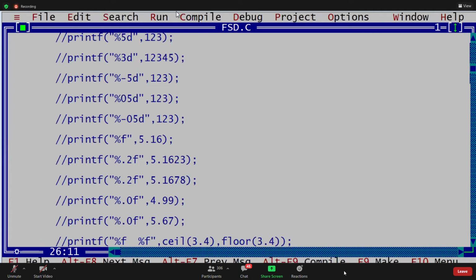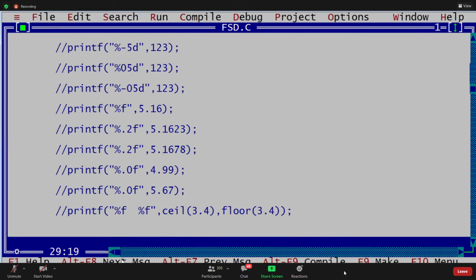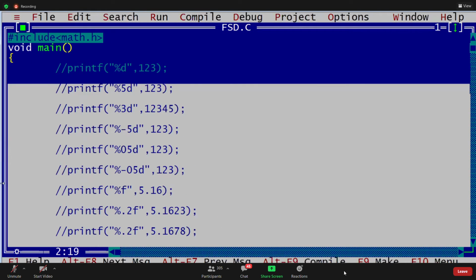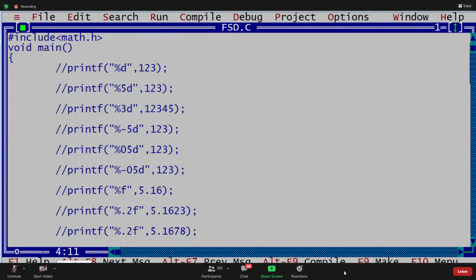Guys, first printf. See the first printf, guys. Yeah, guys. What is percent d 123? Then value is 123, guys. No doubt, right?